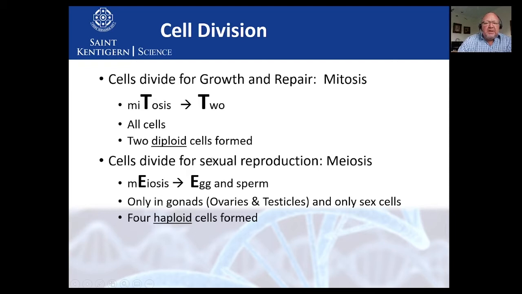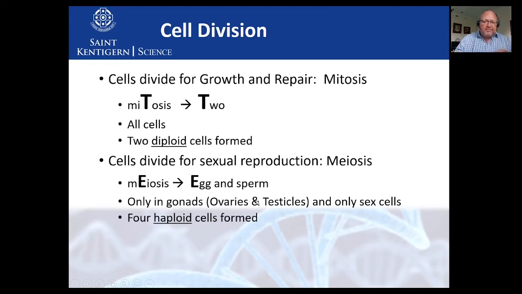However, in the production of egg and sperm, we go through meiosis, and it contains that E, and the E is going to remind you of egg and sperm. This is where we want to halve the genetic material. When we halve them, it's called haploid, and we get 4 haploid cells at the end of meiosis. Okay, so important: egg and sperm are formed through meiosis, and basically we halve them,